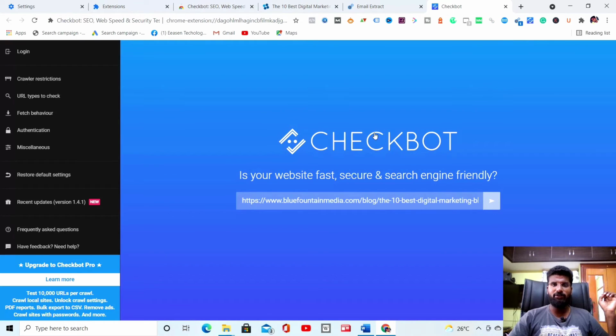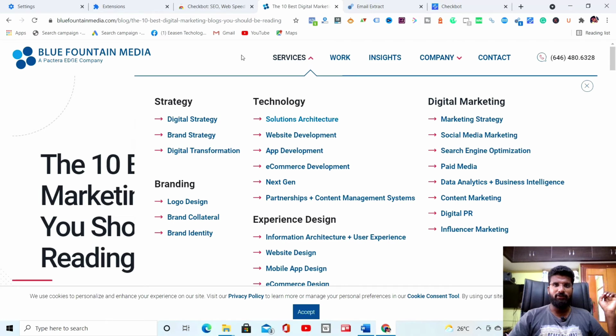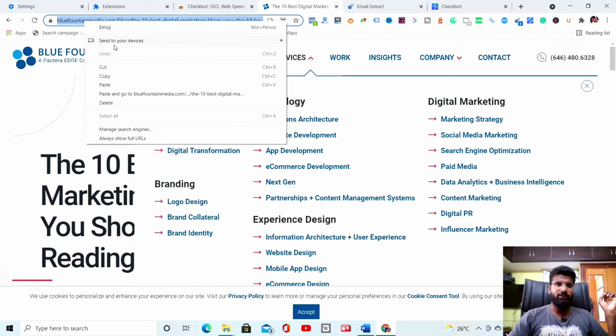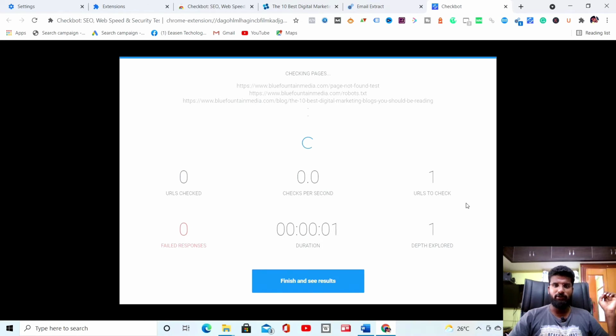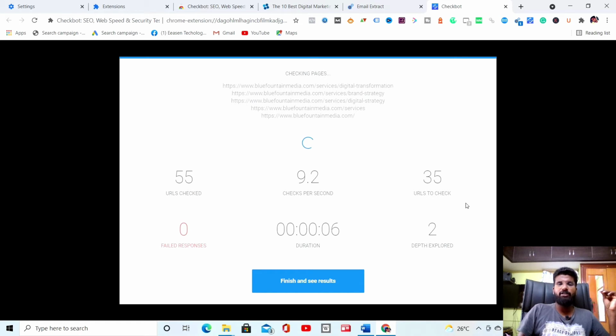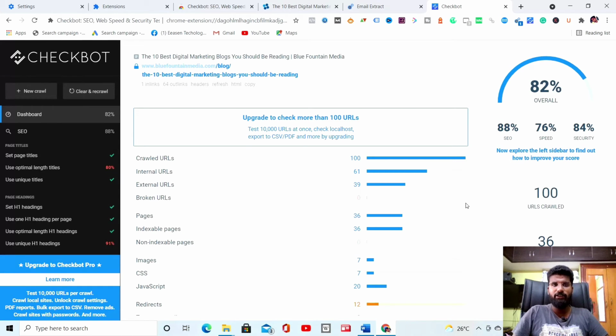It will show the website. Just copy the URL and paste it here. It will crawl the website for page speed. Yeah, the result came. It shows SEO, speed and security. SEO score is 88%, speed is 76%, security is 84%. That is Checkbot.